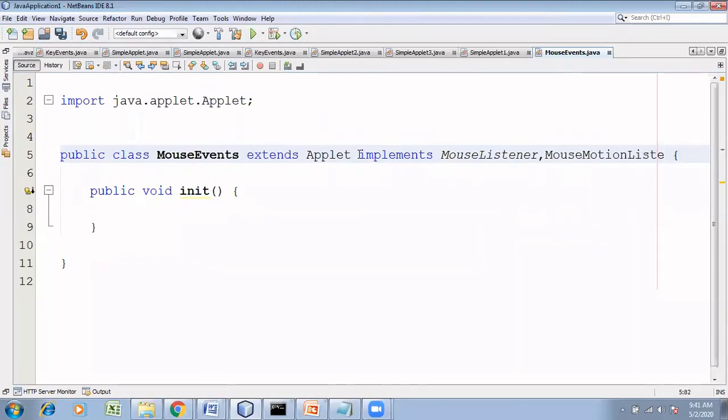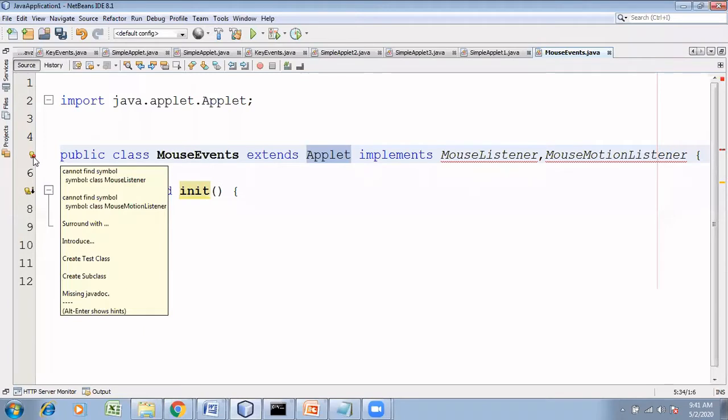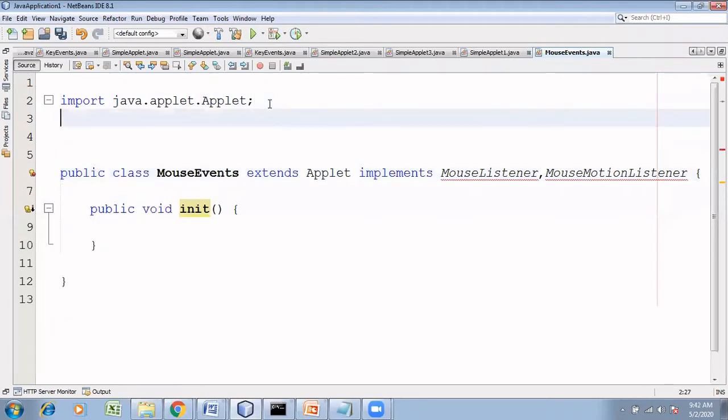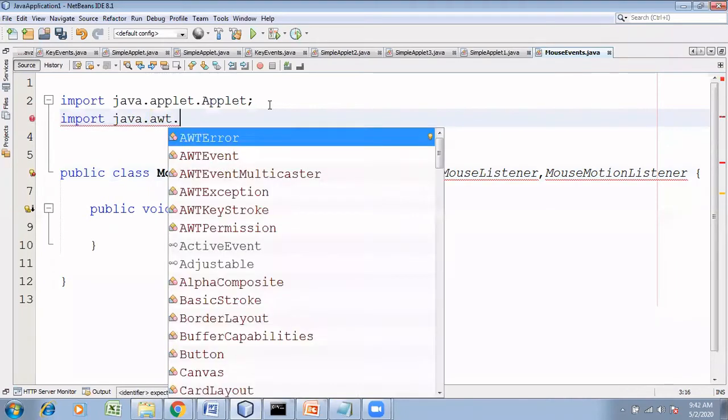You are making the same class the source, and the same applet also the event handling code. It handles both things. Therefore, in the same class we are writing MouseListener and MouseMotionListener. We will also see how to put this event handling code in some other class. As of now, we'll concentrate on giving the listener object in the same class. So public class MouseEvents extends Applet implements MouseListener, MouseMotionListener. Now I got a compile time error here because I did not import. In which package do we have MouseListener and MouseMotionListener? java.awt.event, isn't it?